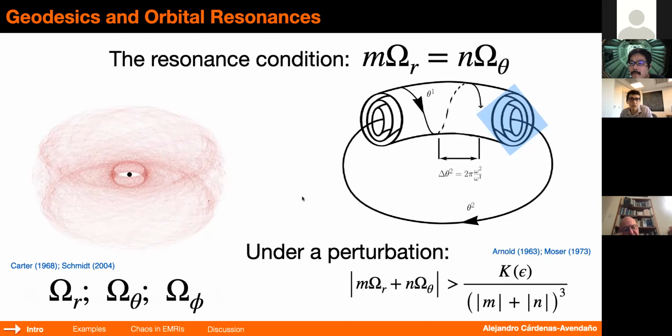So in particular, what I'm going to show is that it has been known that under a perturbation, according to KAM theorem, some of these tori, each of those that I'm showing here are for different initial conditions. And then here I'm making, in that blue plane, a cut through phase space. I'll show that in a second with more details.